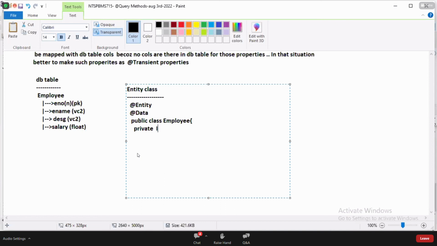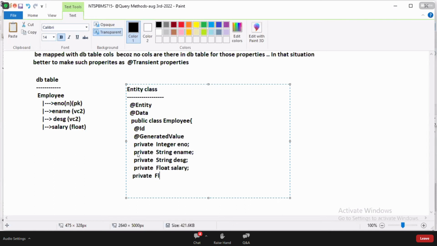Private Integer eno with @Id and @GeneratedValue. Then ename. Private String designation. Private float salary.